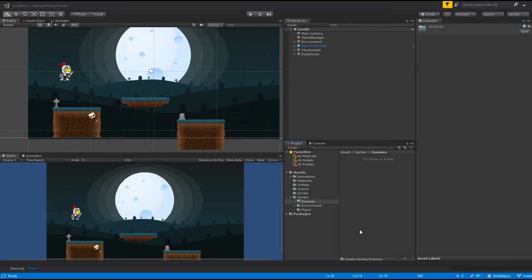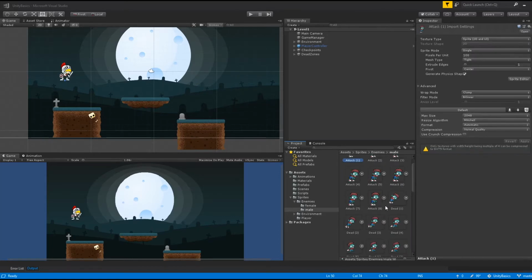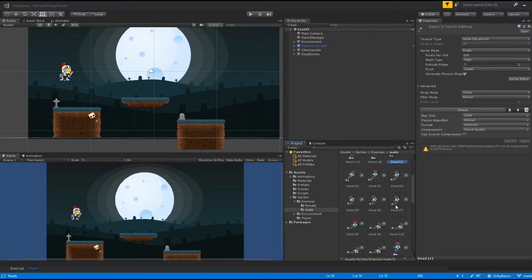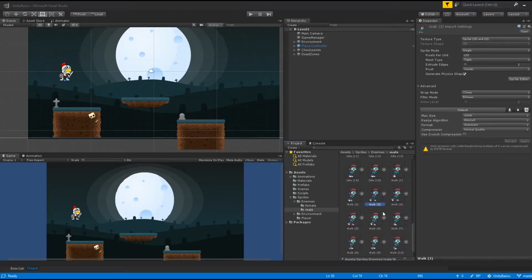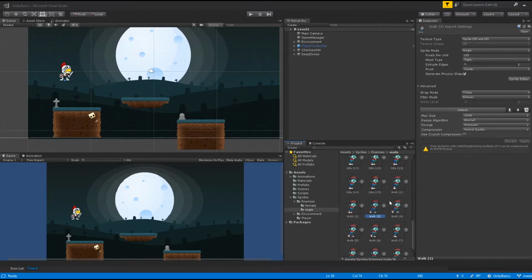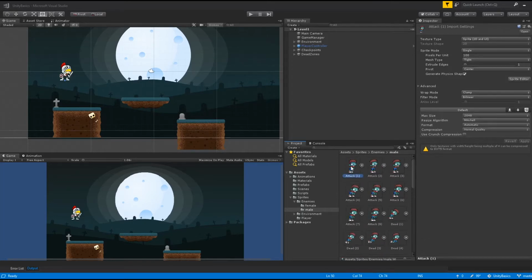It comes with quite some animations, so it's just loading some of those sprites. We have the attack, we have the death animation, idle, walk. That's basically it. We won't use walk right now because that will make a whole new thing in our game. But I'm just going to do what the website says, that I have to take all my assets